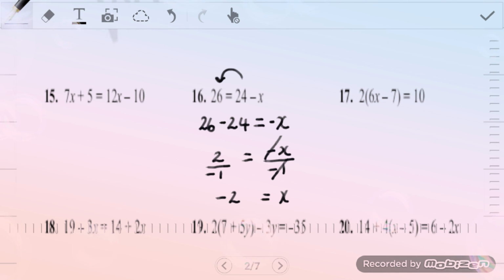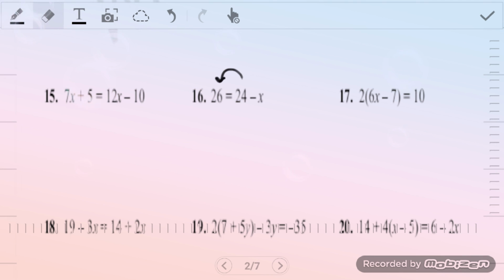Now there is actually a far easier method in getting to your answer in actually one line. Now if this is what you prefer, then by all means go right ahead. For me personally, looking at the problem at first glance, the first thing that I thought that I needed to do was just try to get the x to become positive. So I didn't think that transposing the 24 would have been the easier method. I thought that if I brought the negative x over here and I brought the 26 over here, I would have gotten to my answer far